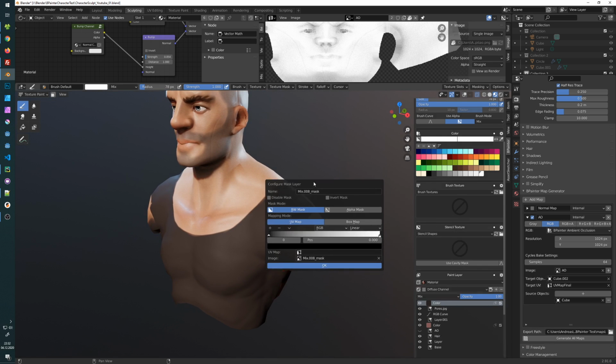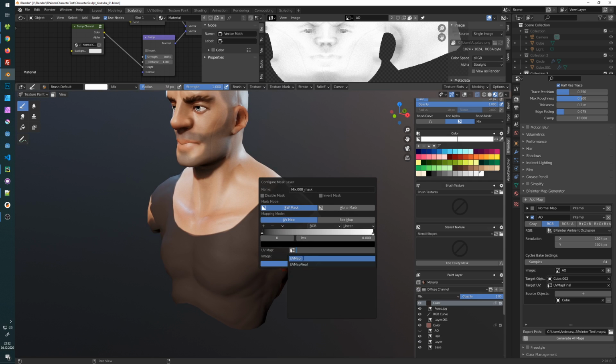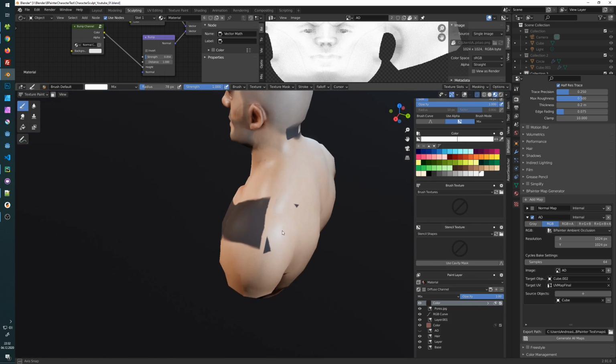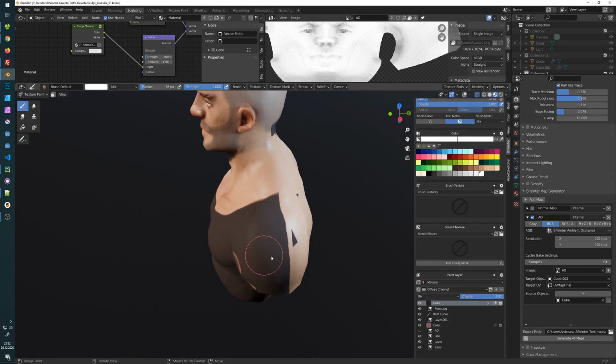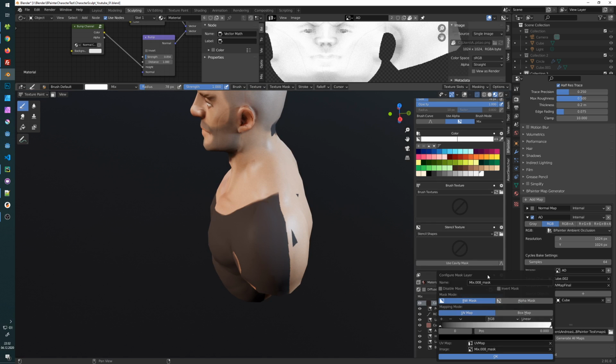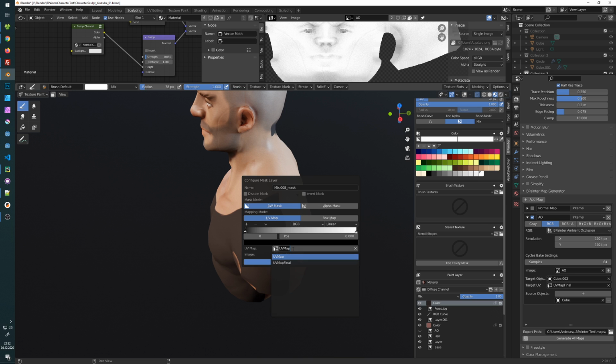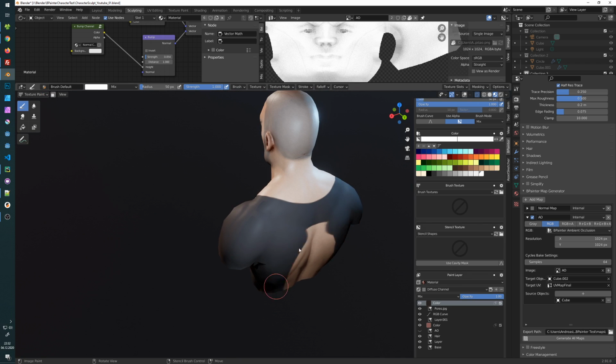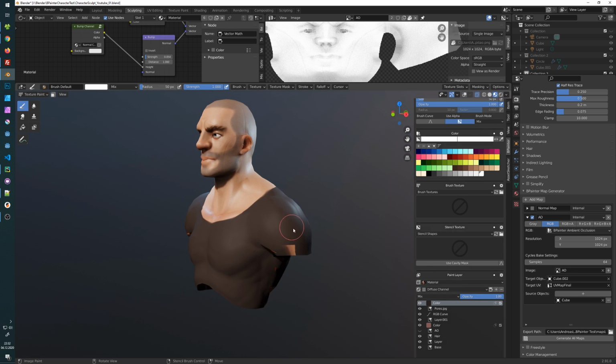So control click. Okay. Why is this happening here? Yeah, I'm mixing up the UV maps sometimes here. Okay, so